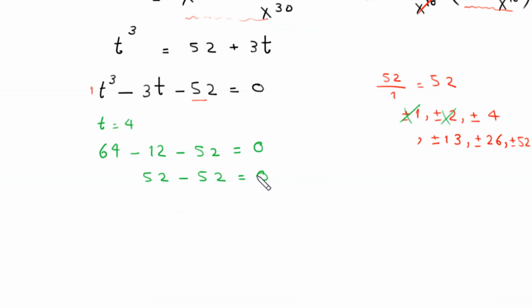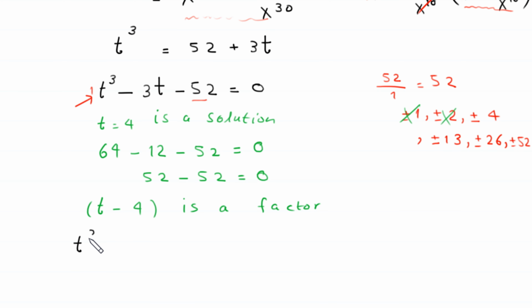So this is true. It means that t is equal to 4 is a solution of this cubic equation, which also means that t minus 4 is a factor of this cubic equation. So we can rewrite this equation as